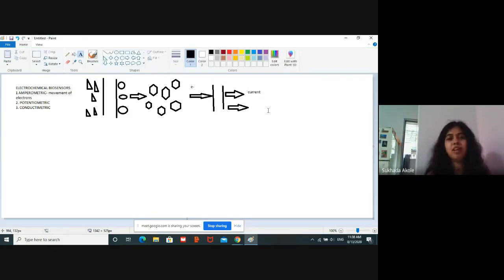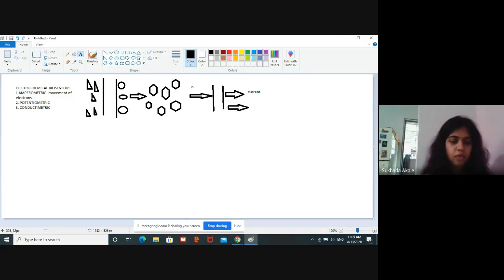So please remember, if I have, for example, 1, 2, 3, 4, 5 molecules of glucose here, and after product formation 1 electron is generated, then I will have a proportionate current getting generated, which can be measured. So if I have a current of, say, 5 milliamp, I can directly say that my 5 milliamp current is because of the 5 molecules of glucose in the sample. If I have 10 molecules of glucose, then the current generated should be 10 milliamp. So depending upon the current generated, you can actually count the number of molecules present in your test sample.